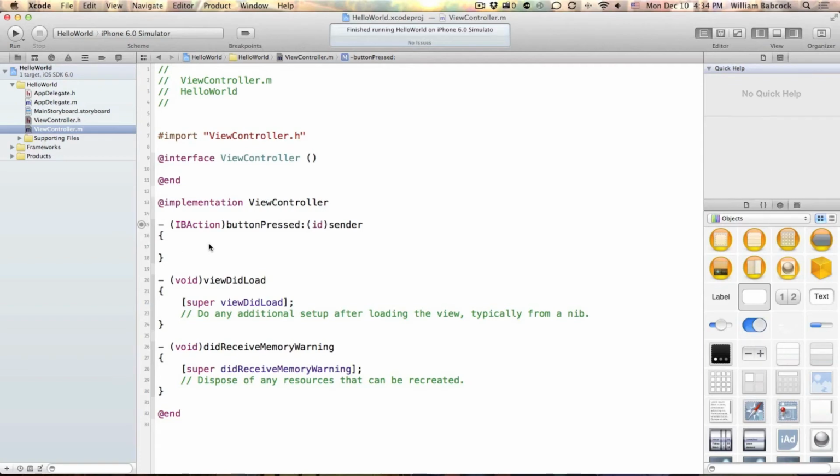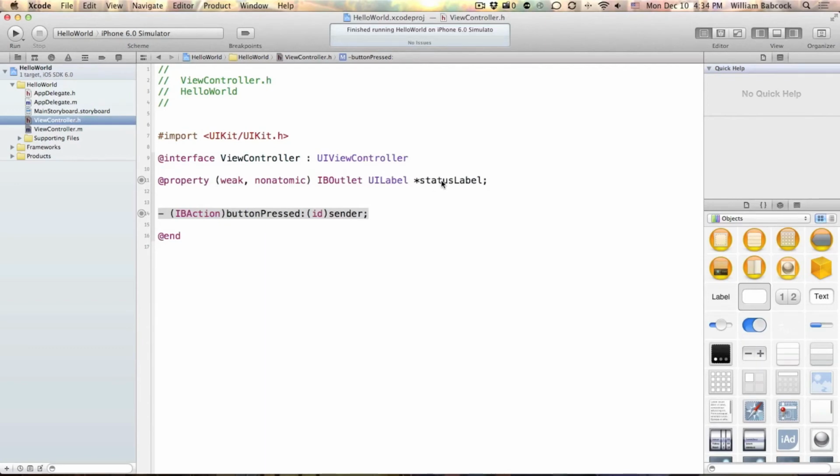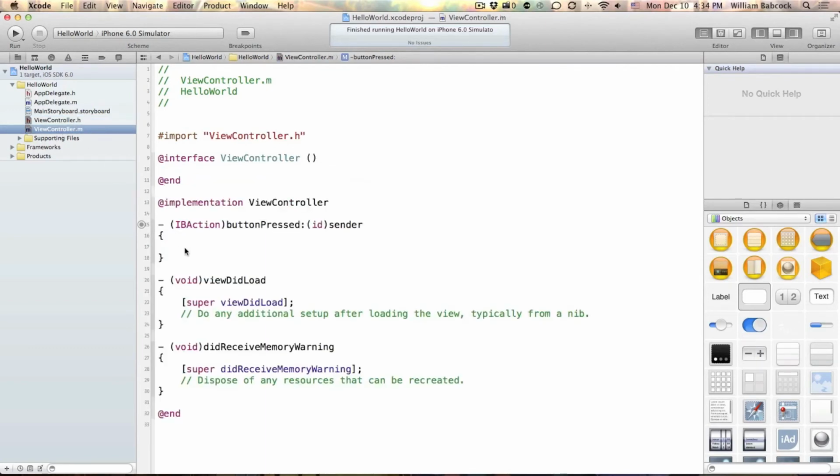And then this is where we can write the code that we want this button to run. In this particular one, we want it to change the label that we gave status label as the name, and we want to change that text property. So to do that, it's pretty easy. We know that it is a status label that we want to change. But where is the status label? Well, it's on this view controller, so we can type in